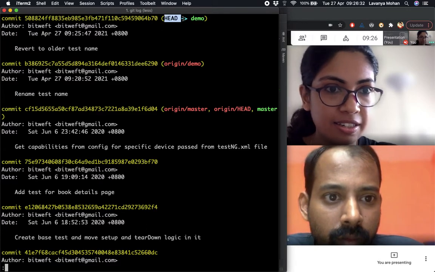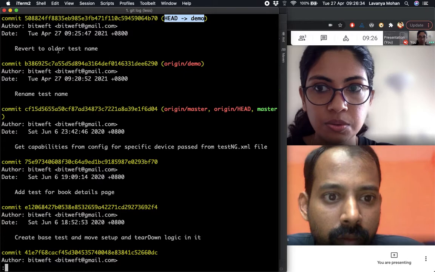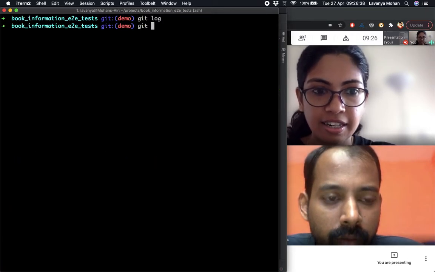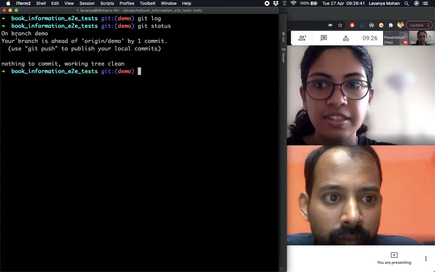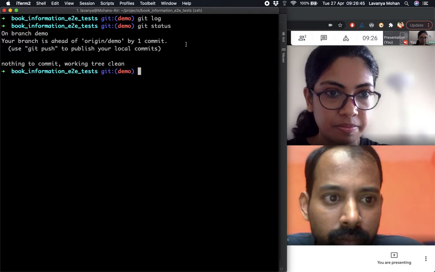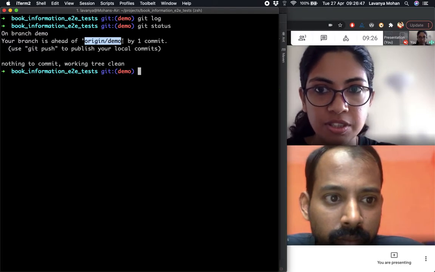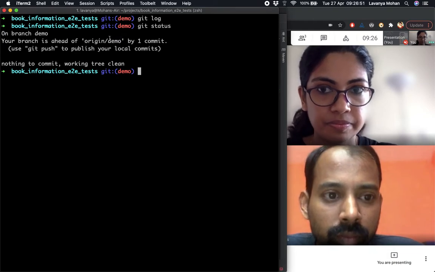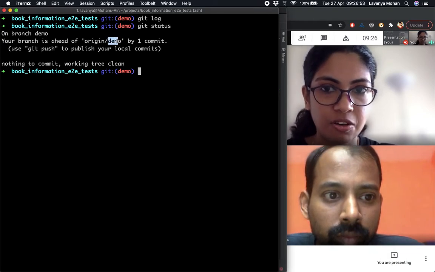But our head, locally, is pointing to this new commit where we did a revert. And now if we do git status, it will tell us that your branch is ahead by one commit, and it is comparing with origin demo, the demo branch on remote.